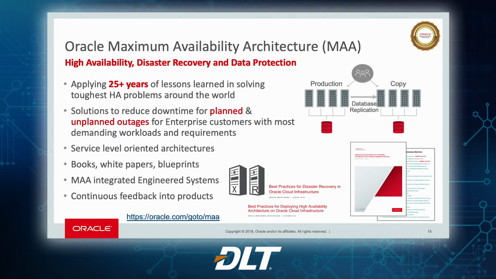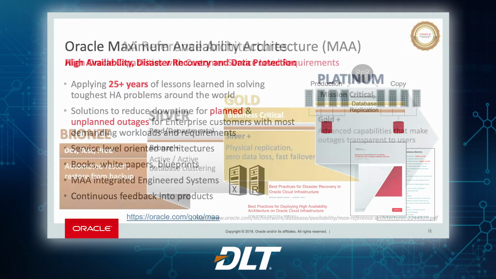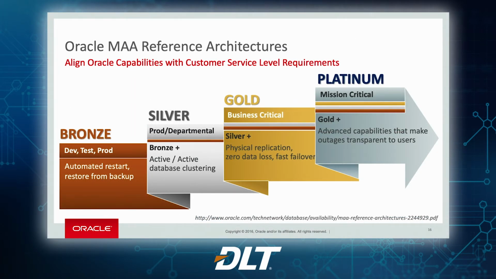On the slide, you can see that the MAA team has created 2 additional white papers, as well as many other resources that are out there that talk about specifically, how do you do disaster recovery in the cloud? I showed you the Data Guard feature and how you might use that, but the white papers cover a more comprehensive plan for how, when and why you would use those features, when and why you would bring in RAC and so forth. And we put it in nice simple buckets to understand: bronze, silver, gold, and platinum. And with that, you implement certain technologies.